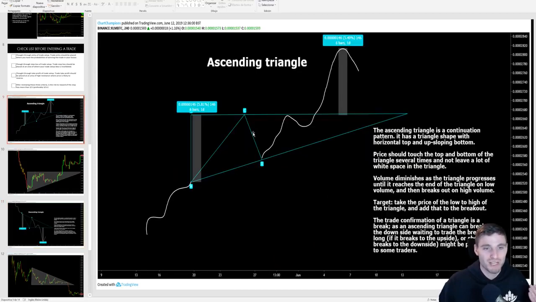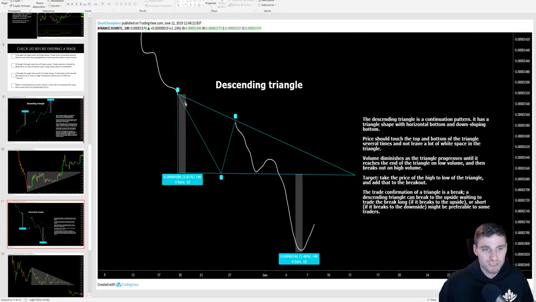Although generally you have maybe a 51% chance that it breaks to the upside because it's an ascending triangle, showing buying pressure coming in, showing a form of accumulation with higher lows. Okay, this is obviously showing a form of distribution with your lower highs. So you would obviously watch what if it broke to the downside and it was forming a descending triangle, then